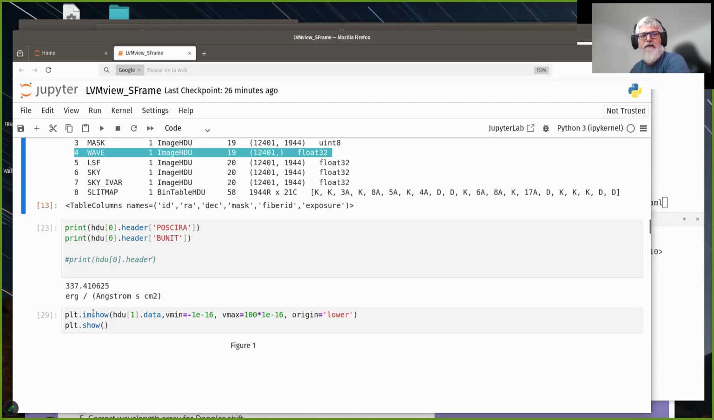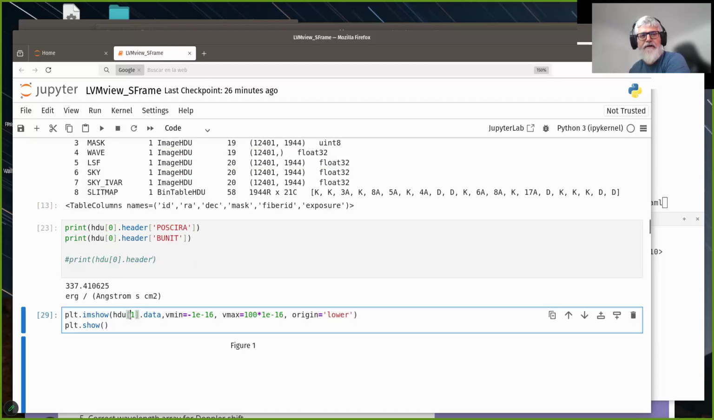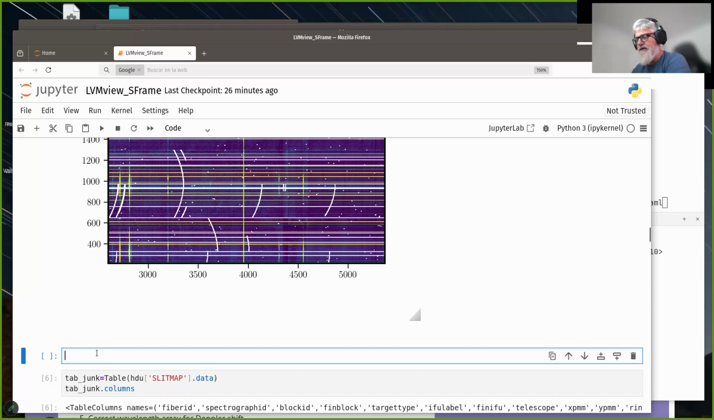We can plot HDU. Of course, you can use the name also, so we can say wave, without looking at the index of data. If we plot